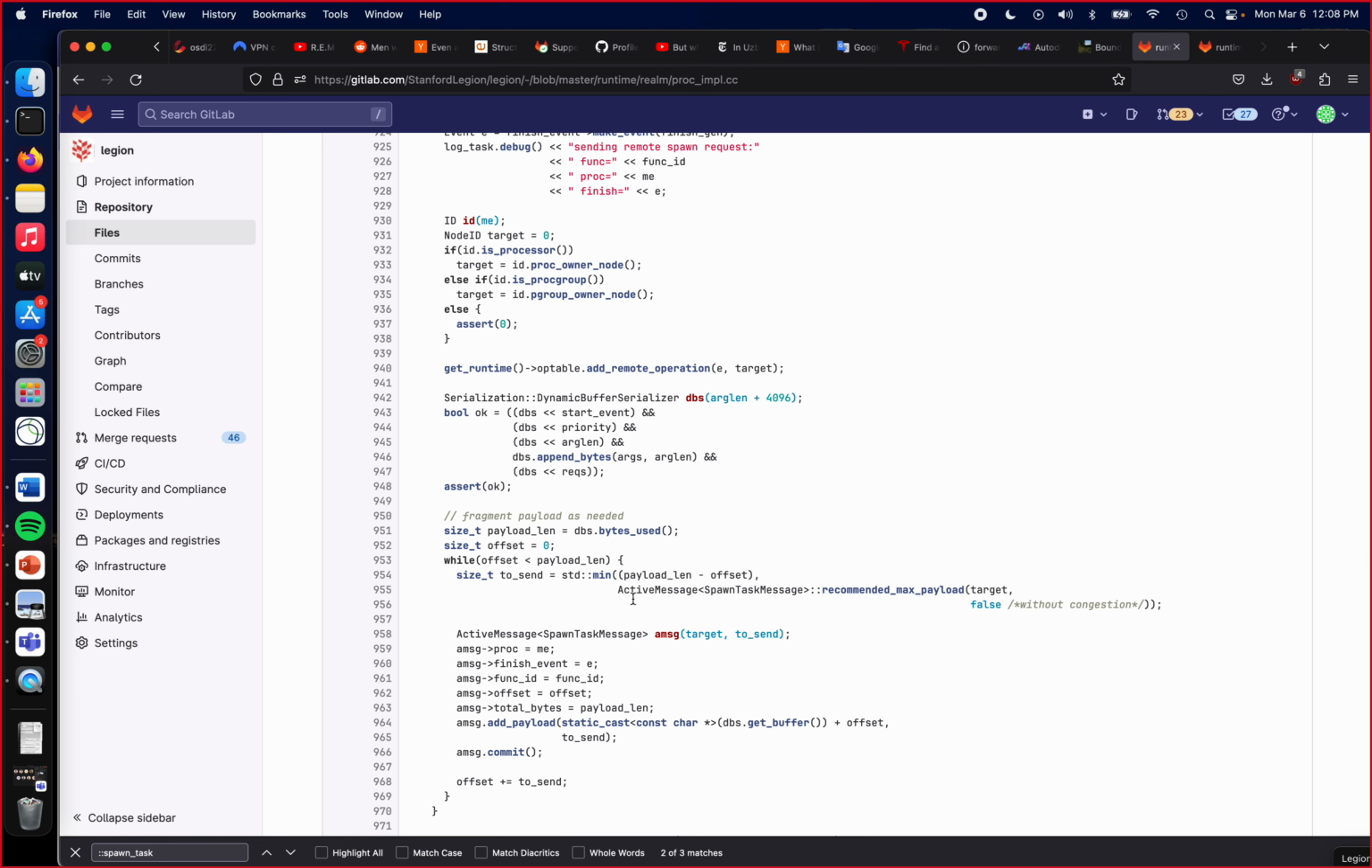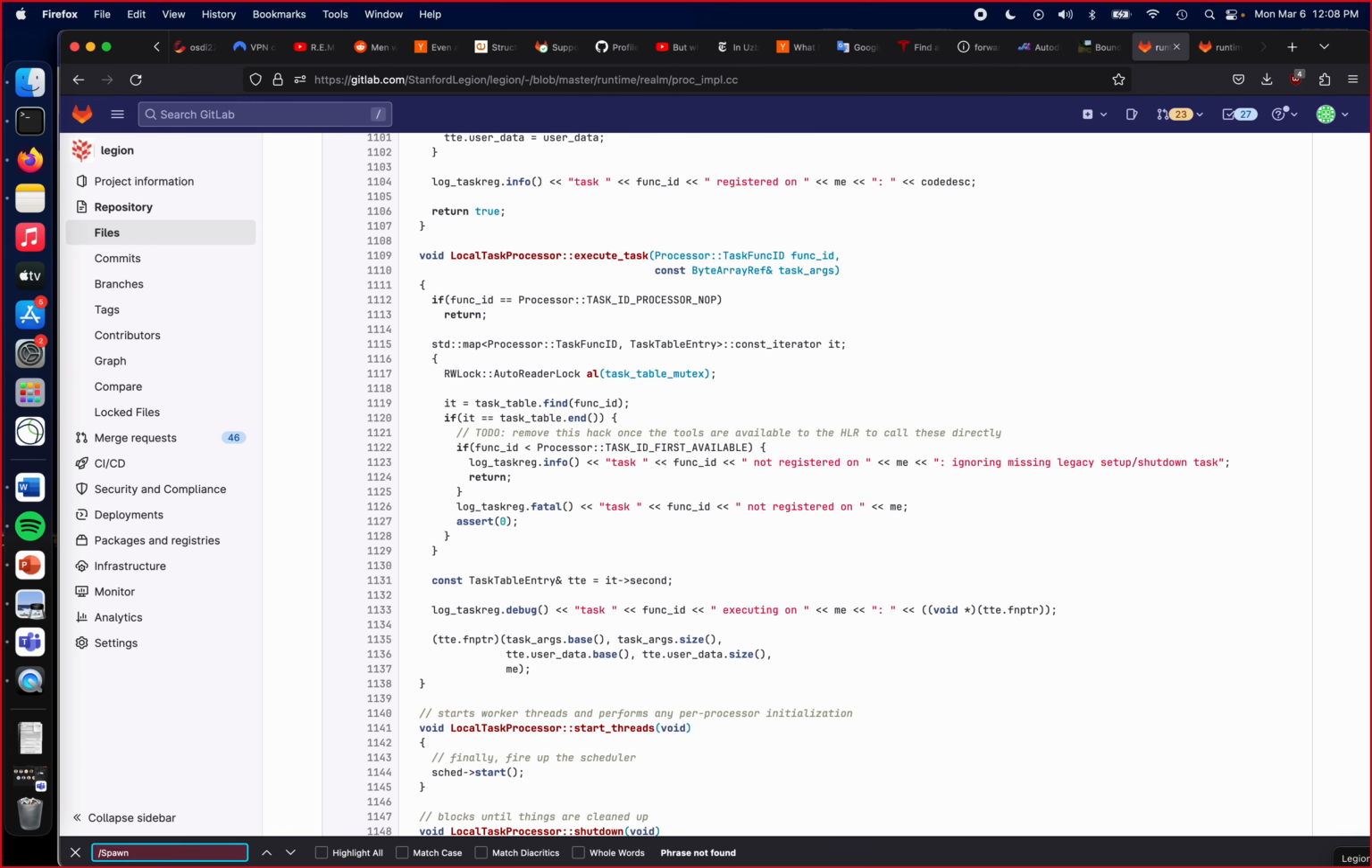Now, the active message that we're sending is one of these spawn task active messages, right? And so effectively, you're packaging up this active message, setting all the values, and then when you call active message commit, that sticks the active message into the network, and eventually it'll run over on the remote node where you've sent it off to. So if you actually look at this spawn task message here,